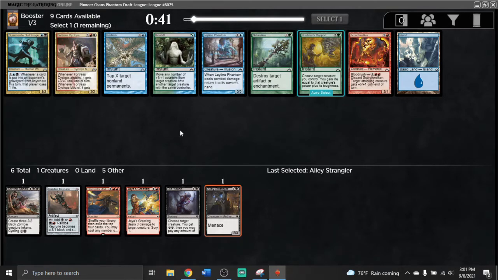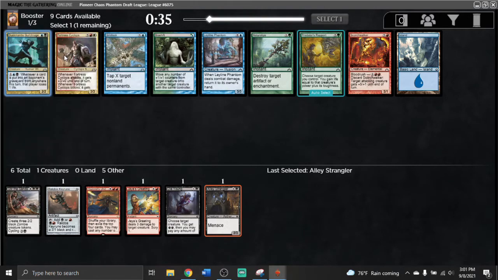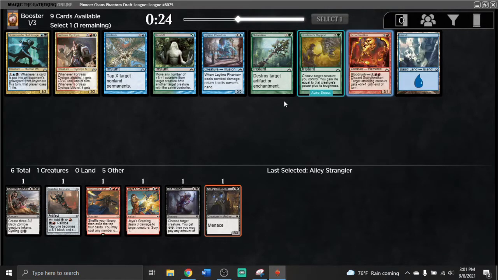Maybe take this. What does this do? This doesn't do anything, right? It's like okay in the late game. This is not as good as I hoped it was. These cards don't really do anything. So this is a pretty bad combat trick that can sometimes kill people out of nowhere. Is there anything I'm really...